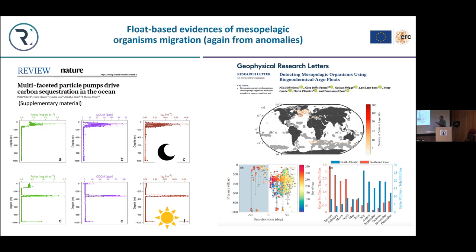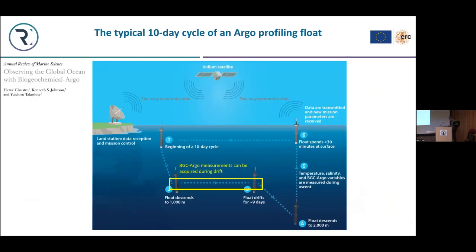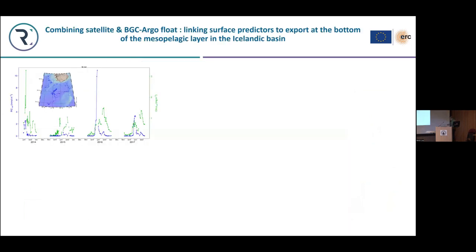Just an example of what we obtain with this. It's not quantitative, it's semi-quantitative and qualitative, but it allows us to better constrain and to better have knowledge of what happens. So now I will try to illustrate how we can use the drift of the floats. I spoke only of the use of the vertical profile to better get a sense of the link between the surface, possibly, and the sinking flux here at 1,000 meters.